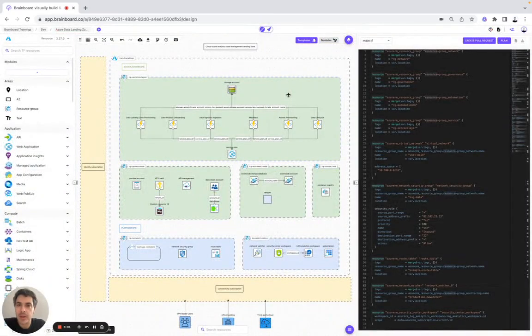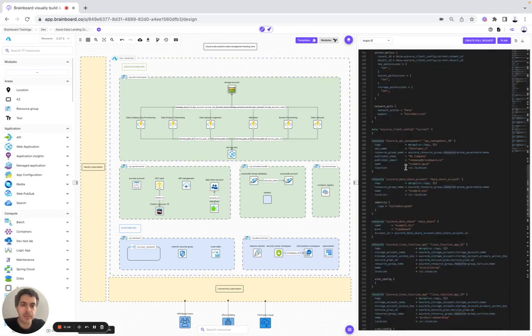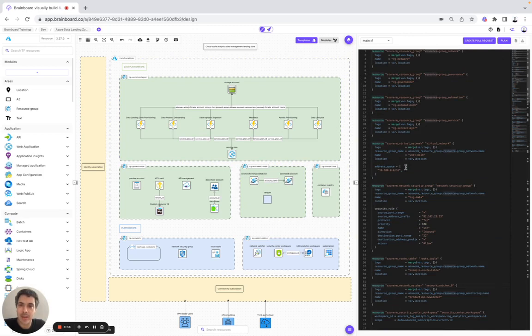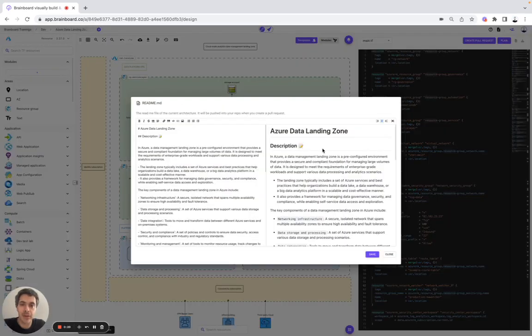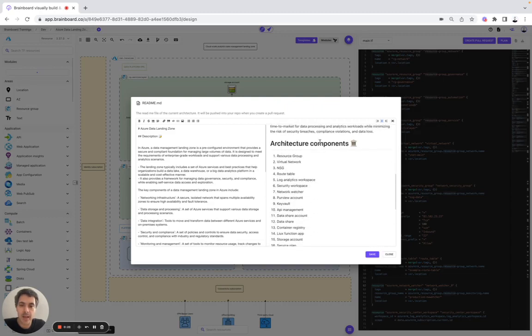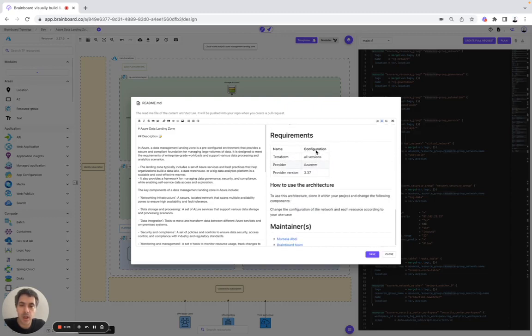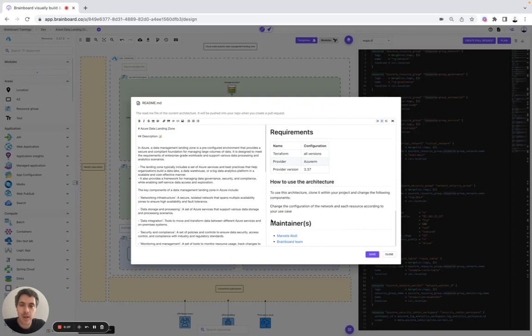Hello, in today's video, you will see how you can build your own self-service infrastructure on Brainboard. For today's use case, we're going to work on the Azure Data Landing Zone that you can see here, with the design and the Terraform code. To understand how you can use it and why you should use it, we can go to the Readme here. You have the description, the architecture components, the requirements, how to use the architecture, and who are the